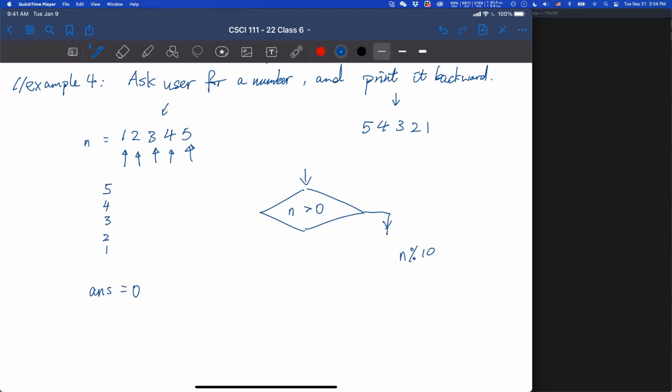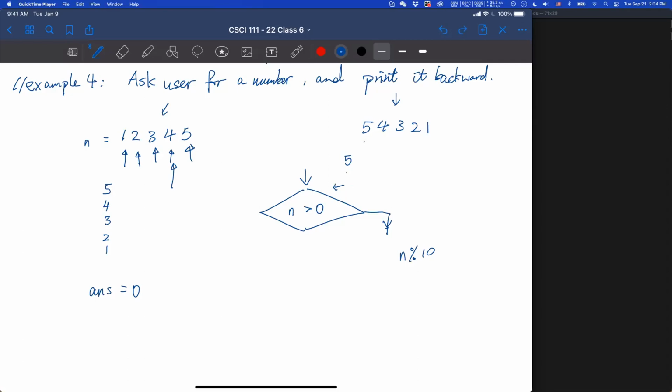Now you want to have that digit first. So you start with 5. Now your next digit is 4. Now you will print that after whatever you already have. So what you had before, you need to shift one digit to the left. Right, so let's say you want to add the 6. You have the 5. So that means this 5 needs to shift a digit, and then you will add the 6 in.